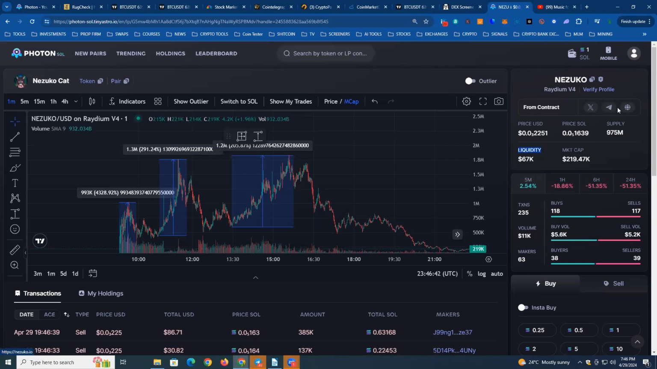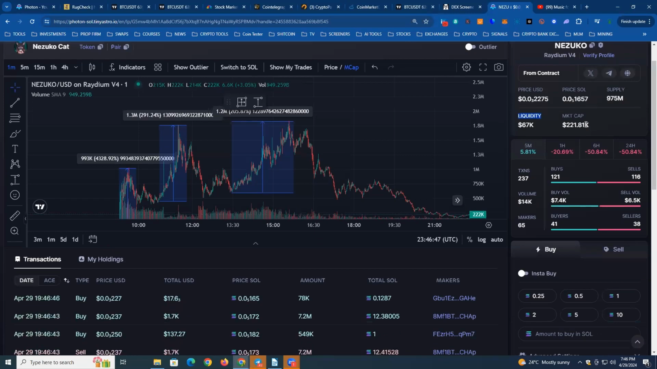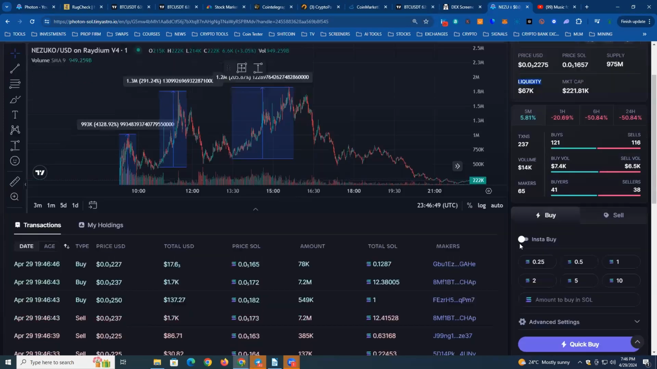Within this interface of photon.sol, you should also be aware that you can find the coin's Twitter account, the Telegram, and their website. Now, in terms of entering your trade, if this was a coin that had passed your due diligence and you felt that this coin had the potential to make money,